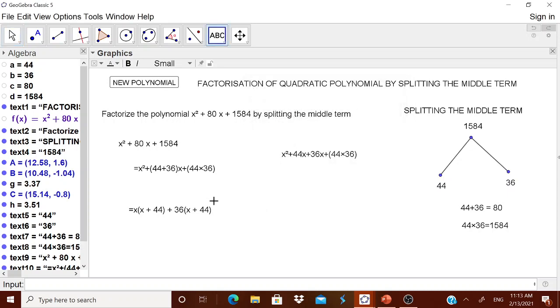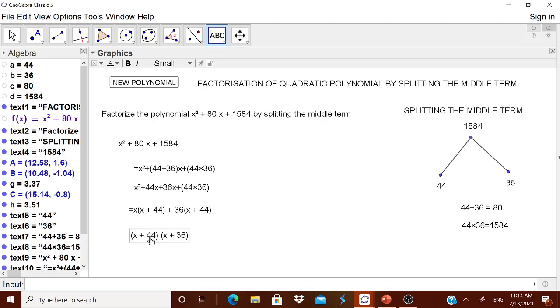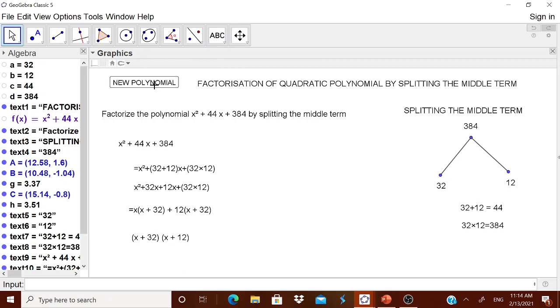You see, this is the way that it is being split, and then from the first two terms x is taken outside, from the next two terms 36 is taken outside. Now you got the answer. Therefore you can tell the children that it is x plus a, always, multiplied by x plus b. This is the trick we have done already. It is under our control. We have made it like this only, therefore it is under our control. Then that's all finished. Therefore you got the answer. This is the factorization. Now if you take a new polynomial, automatically you are getting the answer.